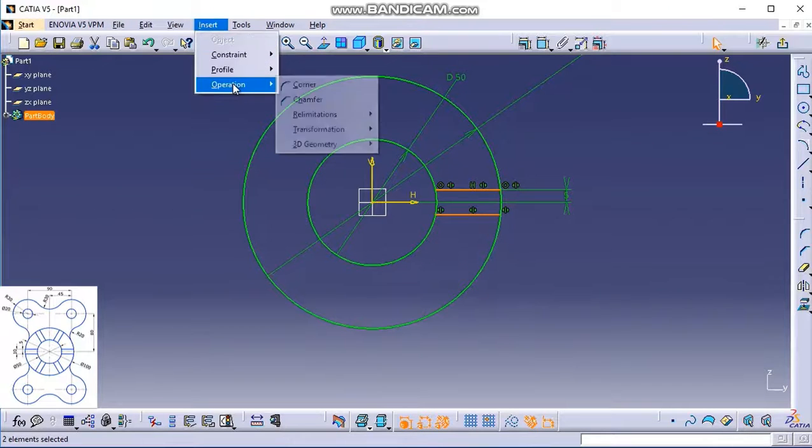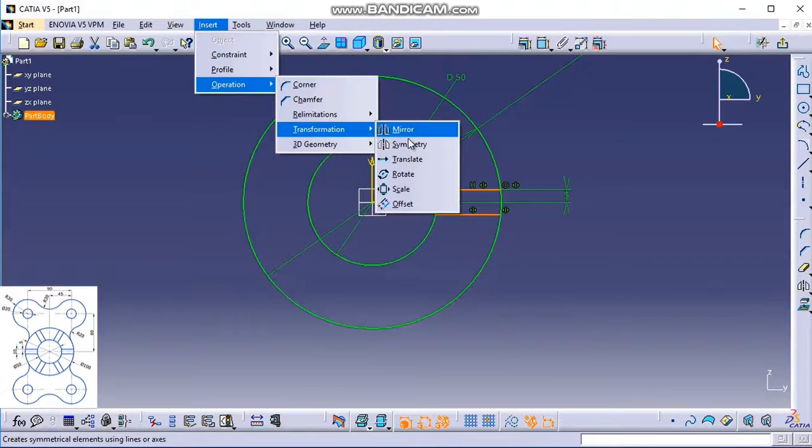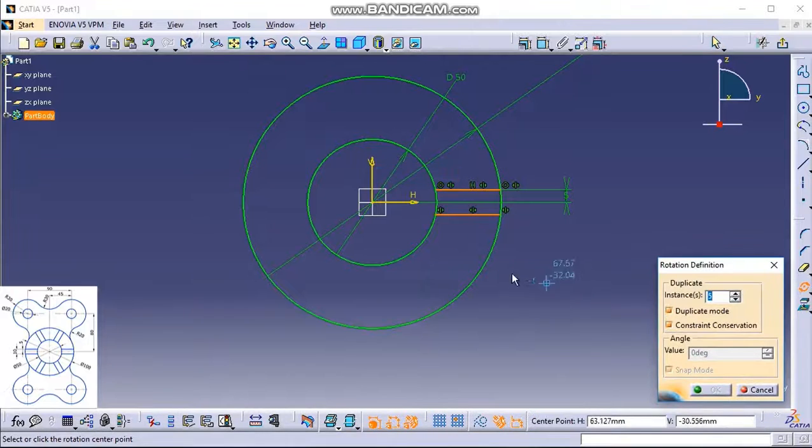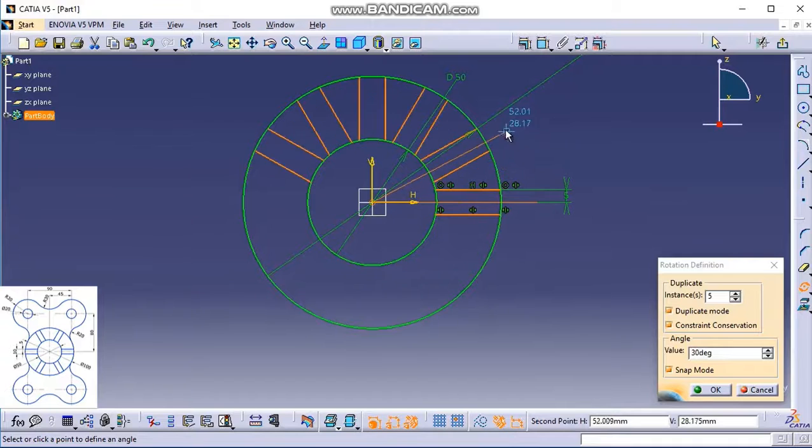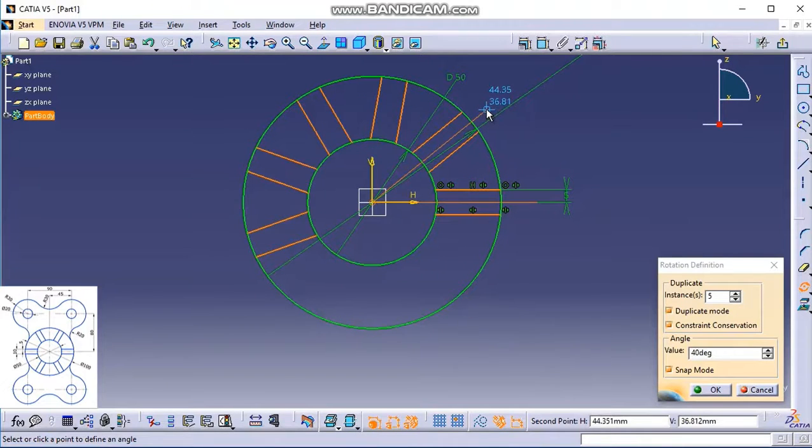Go to insert, operation, transformation, rotate. We'll take this as our rotation point and the reference point with respect to these two objects. We can take it along this horizontal anywhere you like. Let me click here. You can see we are creating some instances.